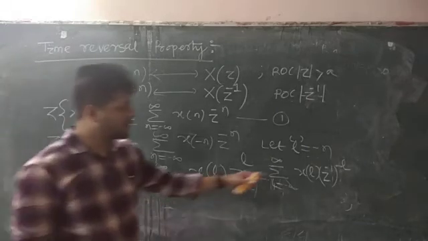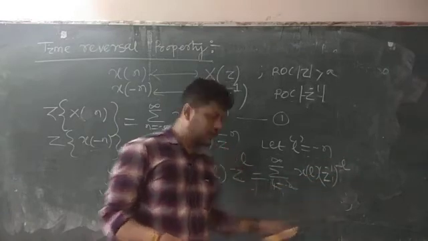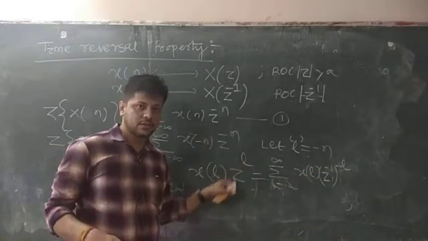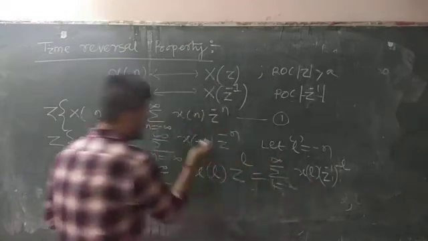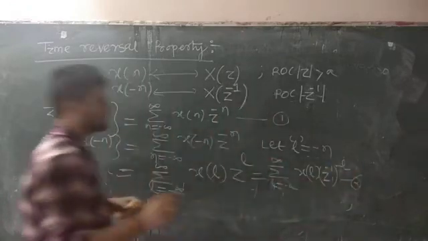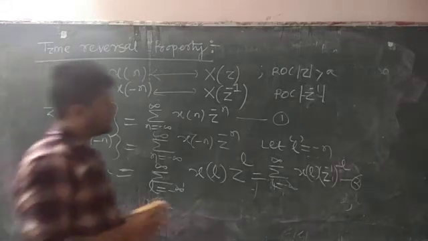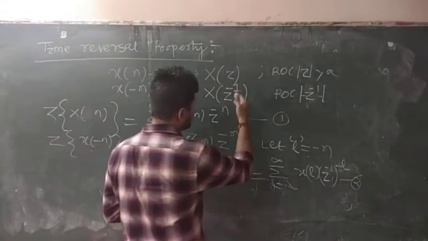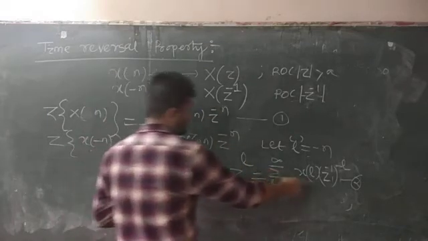So when you multiply Z to the power minus 1 minus L, you will get Z to the power L. Just some modification here, Z to the power minus L whole to the power minus L, because we have to compare this with equation 1 and equation 2. Just by comparing equation 1 and equation 2, we will find what in place of Z here, x[n] Z to the power minus n, but in place of Z what is written here, Z inverse.